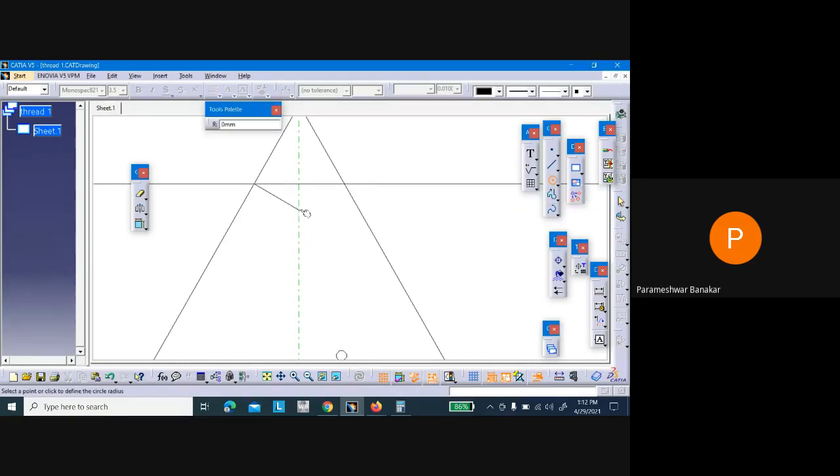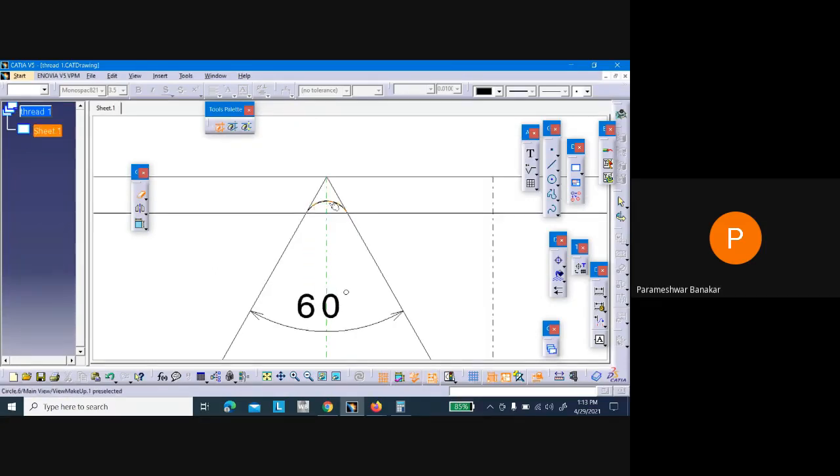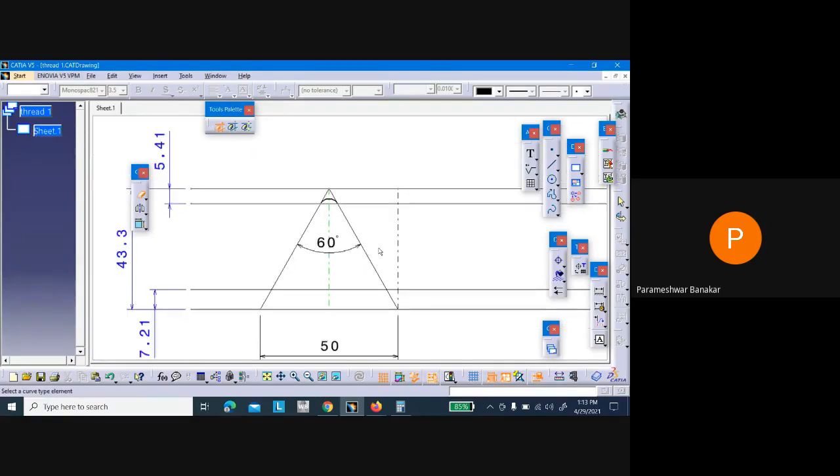Take this point as the center, then draw a circle which should be tangential to this flank. If it is tangential to this flank, here also it will be tangential. Now you can trim the remaining part like this. Now you can see the arc is produced here.